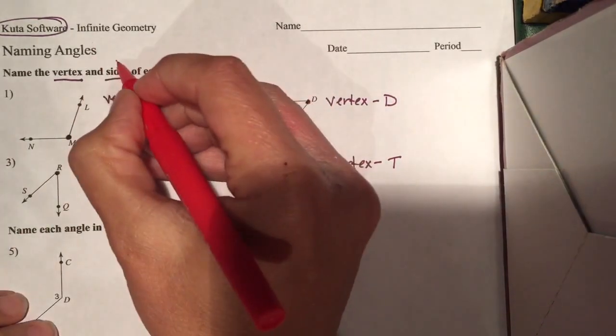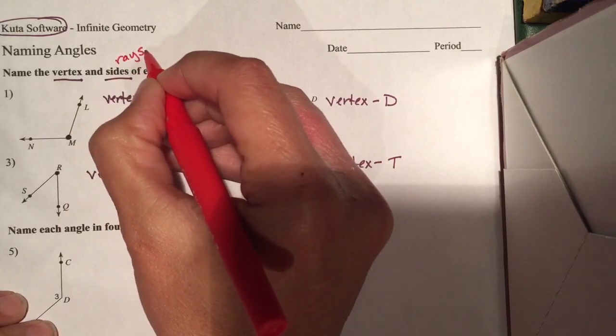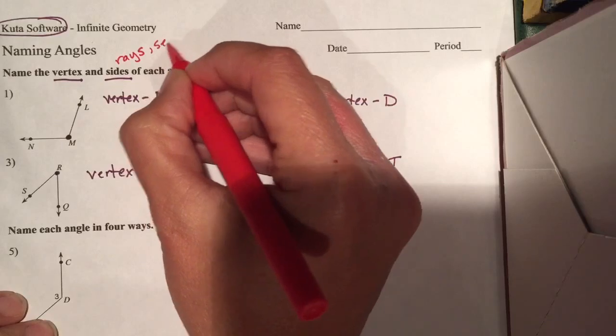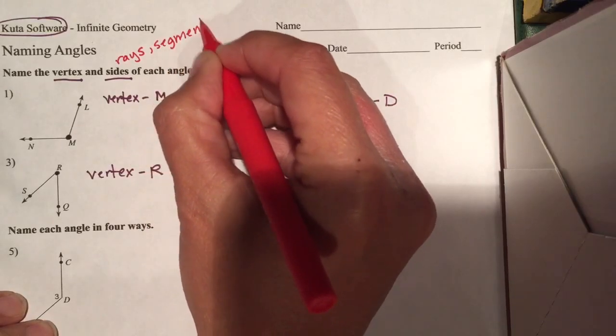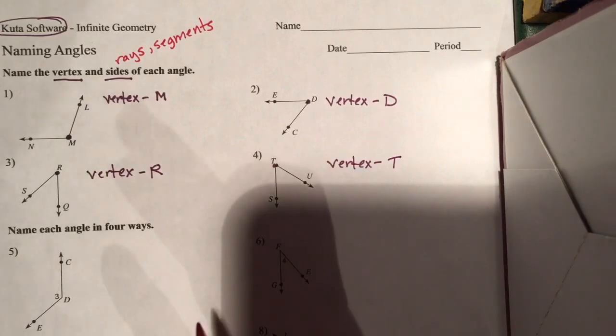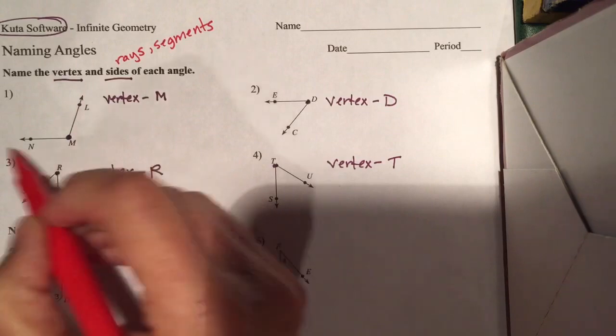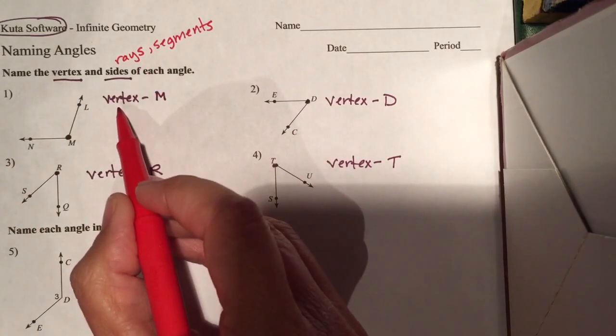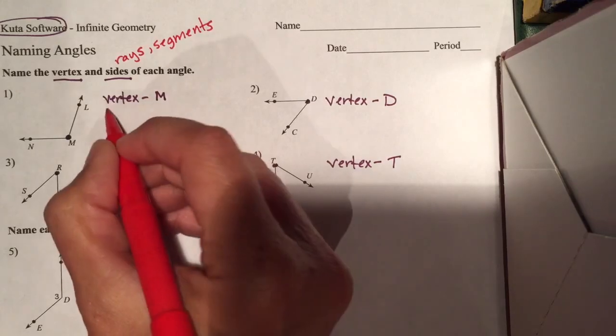And the sides of angles are rays. Okay? Rays. Now sometimes they will be segments if we're looking at a polygon or some other figure that's finite. But technically, by definition, the side of an angle is a ray. So what we want to look at are the two rays that form the angle. Now the rays actually have to have the vertex as their starting point if they're going to be sides of